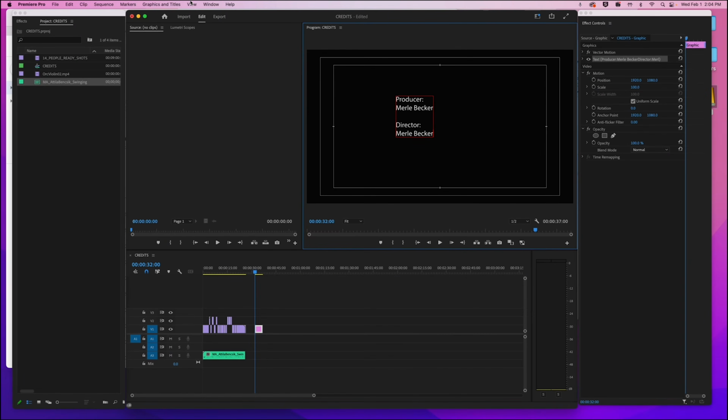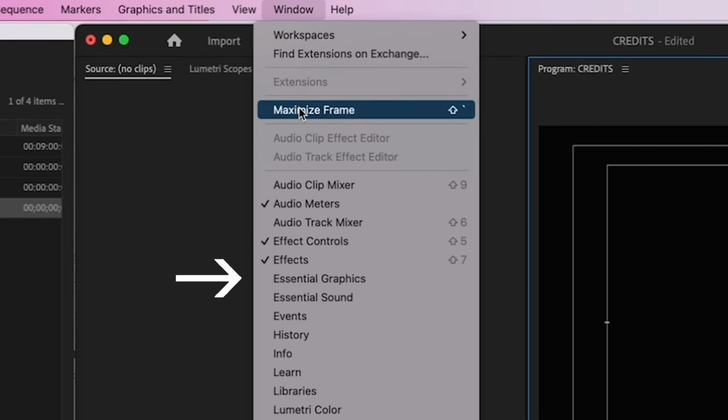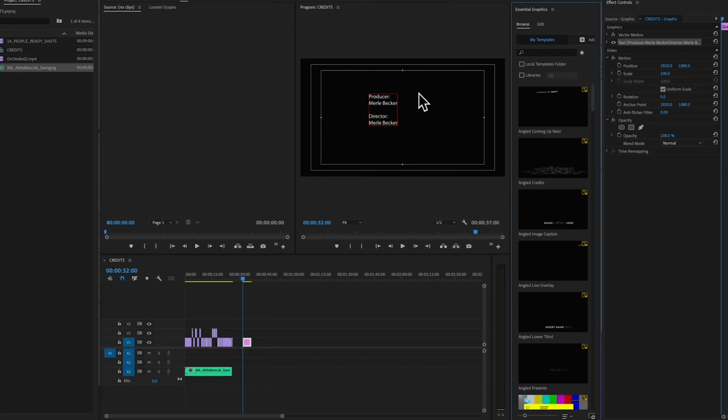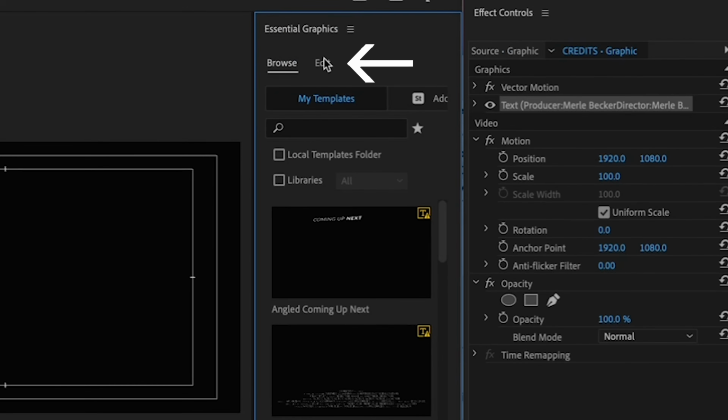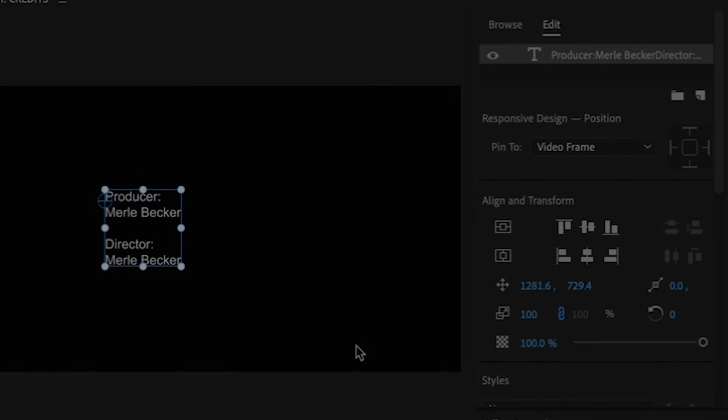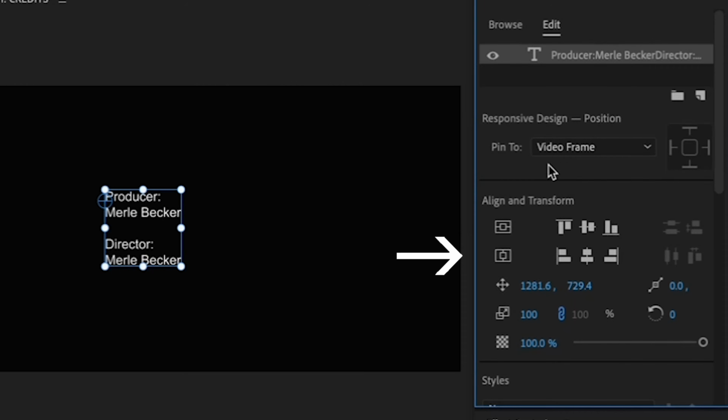Next, open your Essential Graphics tab by going to Window and making sure there's a check mark by Essential Graphics. Then, click on the Edit tab within Essential Graphics. Click on your text to select it. First, we're going to center your text by clicking both the horizontal and vertical center buttons under the Align and